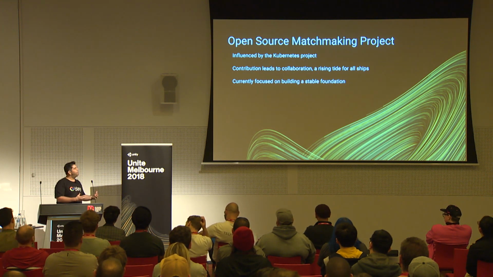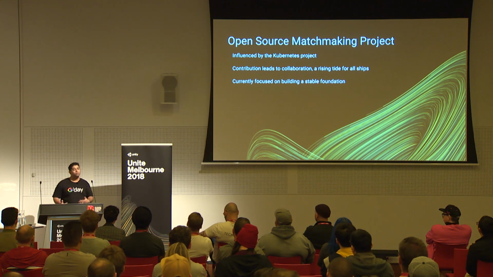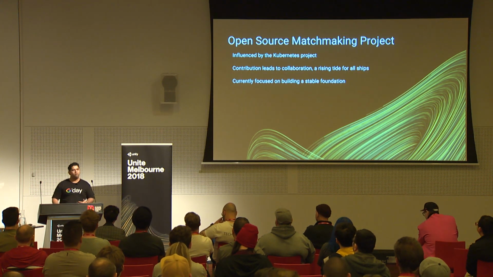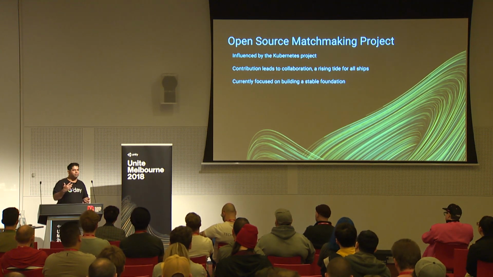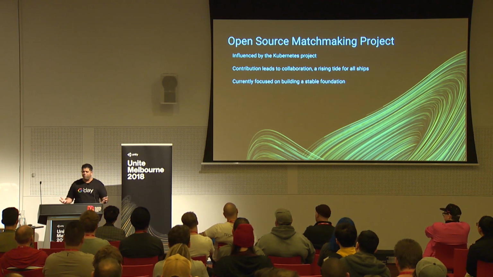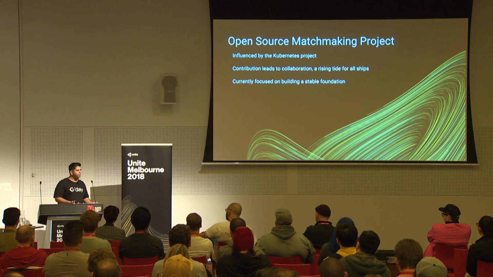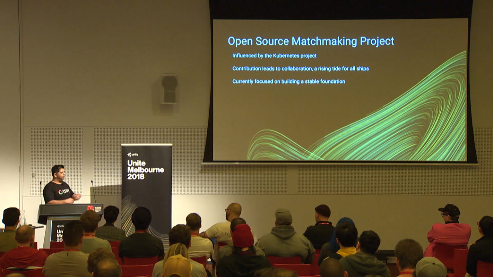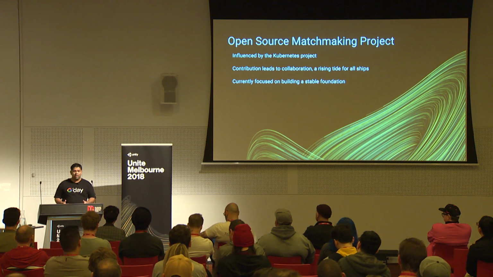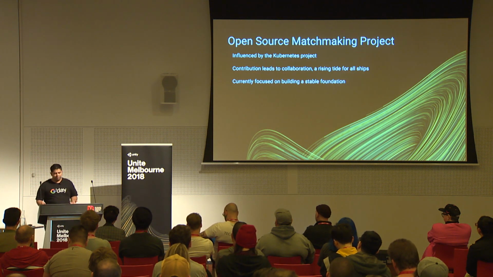So the cool thing about it being an open source project is that we get a lot of contributions, and that's what we've seen in the Kubernetes world. A lot of the features have been driven by that community, and they've been implemented by members of that community as well. So contributions allow all of us to benefit. As more studios use OpenMatch, and for example, they start to build things like additional visualizations or custom matchmaking logic, their contributions, if they choose to provide them, level us all up.